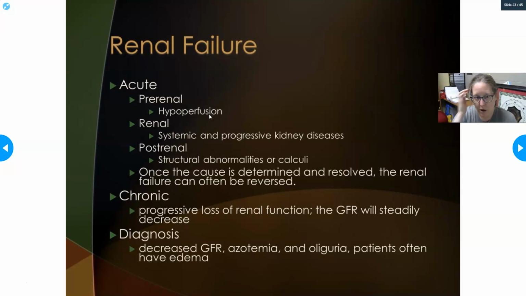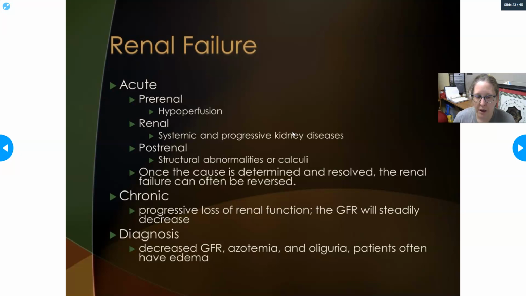Once the cause of acute renal failure is determined and resolved, the acute renal failure can often be reversed, so treat the underlying condition. Now, there is a lot of discussion. We need a good acute kidney injury marker. There are several that have been proposed, but there's still nothing that's really been widely implemented to detect early acute